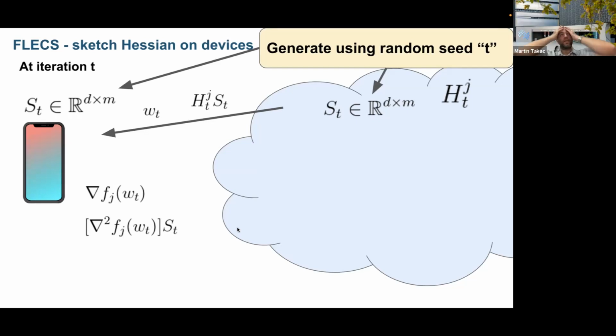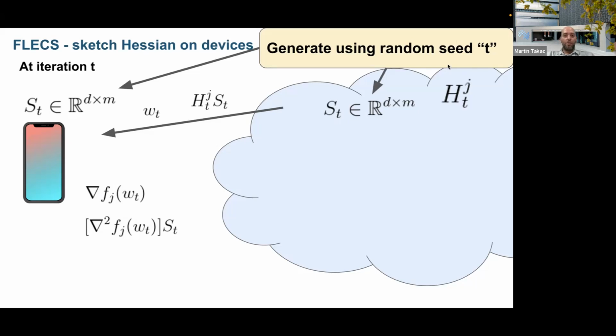In some sense, what is the beauty of using the Newton method? The beauty should be that once your estimates of the hashes are good enough, you only do a few iterations, right? That's the hope. And also, you need to store so many matrices on the cloud, it's true, but you don't need to store them in memory. You can just put them on hard drives, right? Having, let's say, a 100 terabyte hard drive is not too expensive on the cloud.